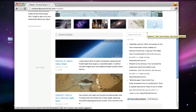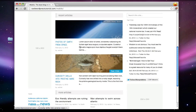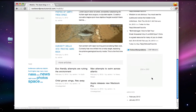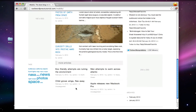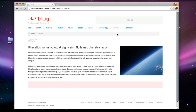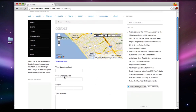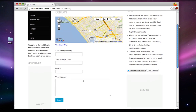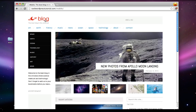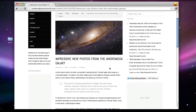I'll be showing you how to make these recent articles with pictures. I'll be showing you how to put in a Twitter feed on your sidebar. A tag cloud. I'll also be showing you how to put in basic pages like an about page with an image, a contact page with a map, and a contact form built directly in so your visitors can email you directly from your website. And I'll obviously be showing you how to make the articles,